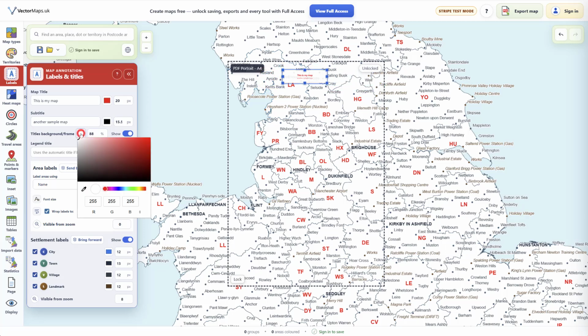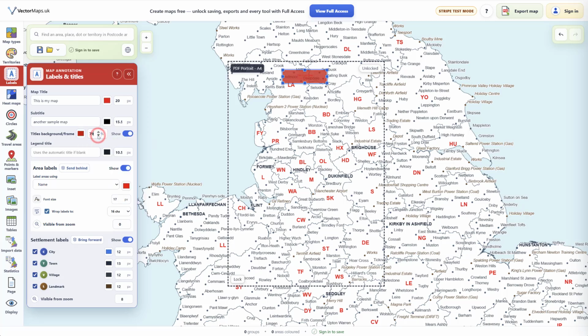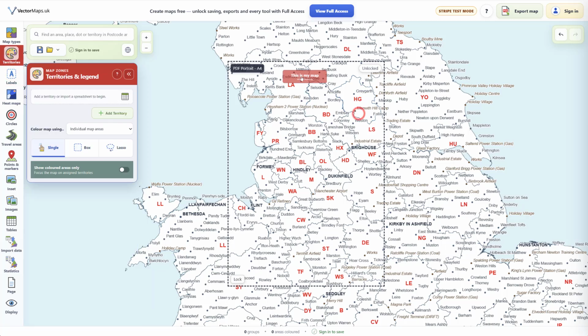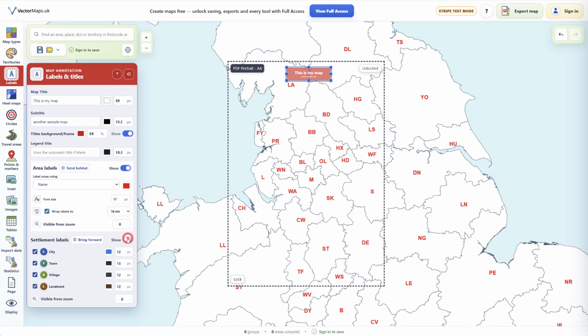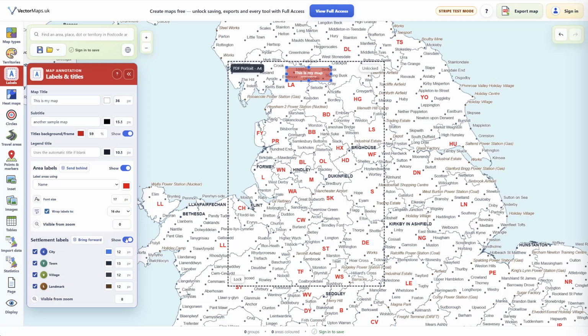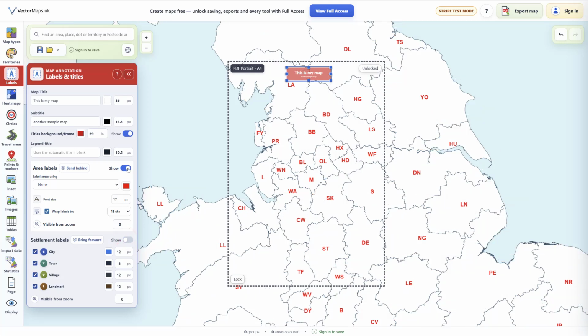We can give the background a frame color, set its transparency right down or right up. For instance, we might want to make the label text white, make it bigger. It doesn't look very good, but it gives you the effect. What else? We can show or hide entire groups of labels quite easily with these toggles,